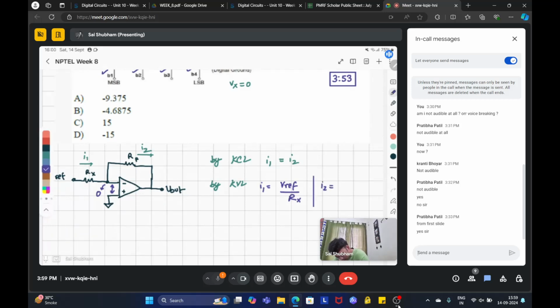I2 is 0 minus V out by Rf. Since these two are equal, we can write V out equal to minus Vref Rf by Rx. Fine. So this is how